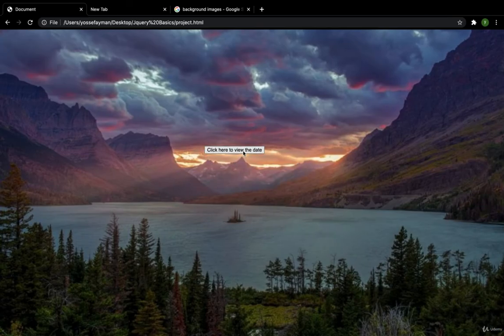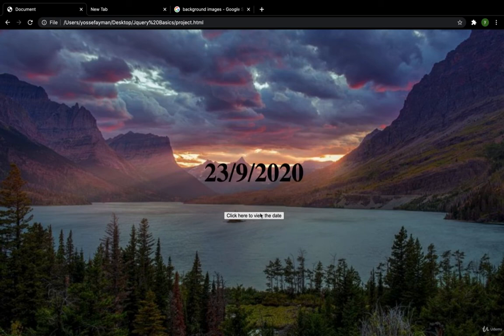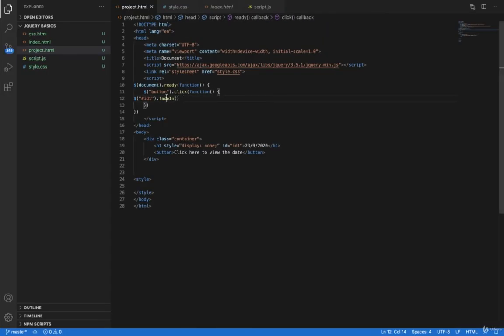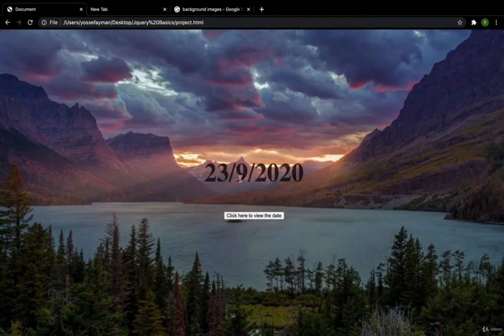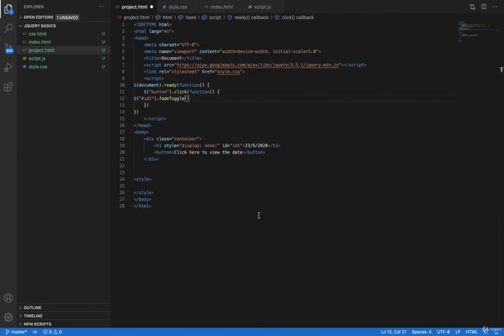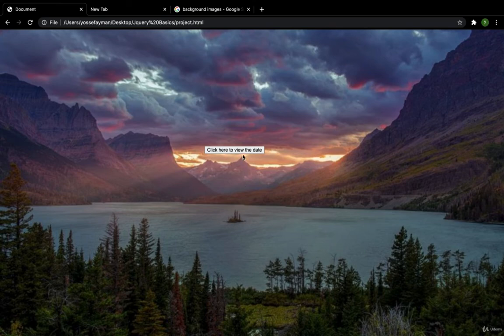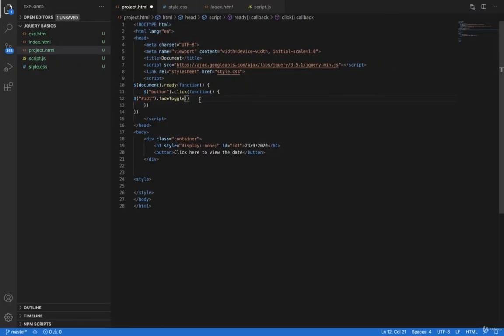And let's see what we have here. When I click here, now it is fading in. Or I can make fade toggle. There is a problem, I think. It is okay. Then now it works. Then let's make something different. I can make here a class of class1,